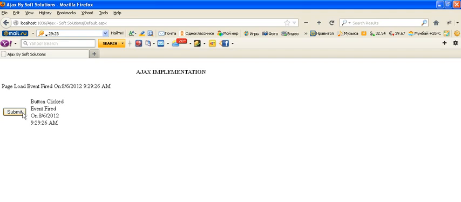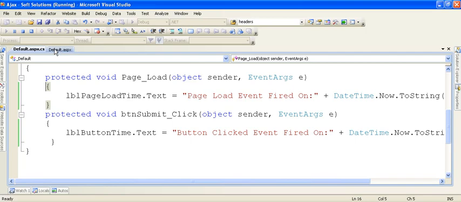Now this means that when we click on the submit button, the request for the whole page goes to server. Now this is called synchronized postback. Means the request for both the label controls is going to server. Now what we want is, when I click on the submit button, only the request for this label control should go to server. The value of this label control should change, but the value of the label which is mentioned on page load should remain the same. So now in order to achieve asynchronous postback, we have to apply AJAX.